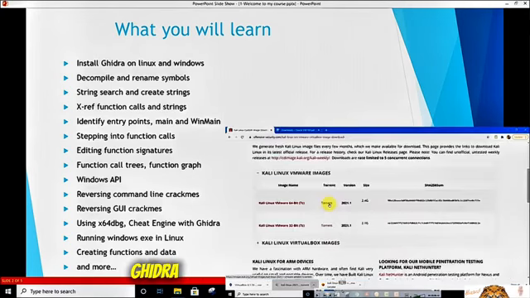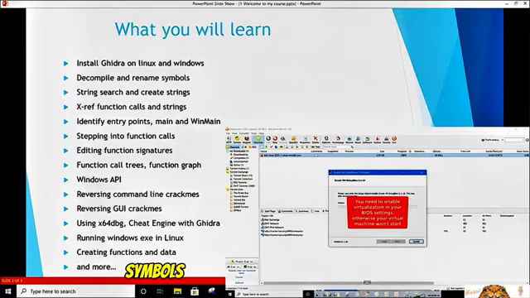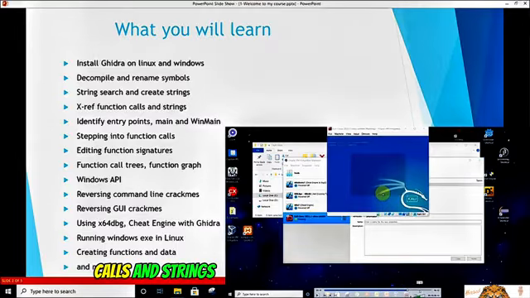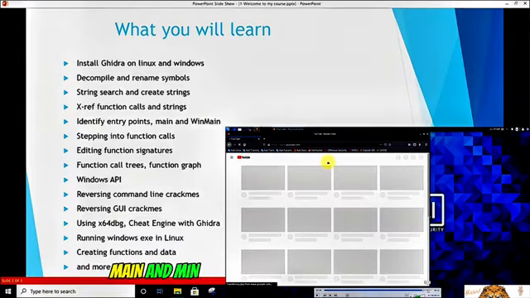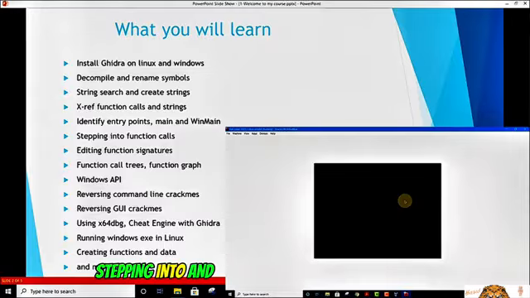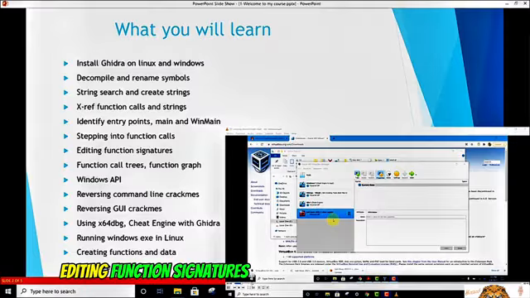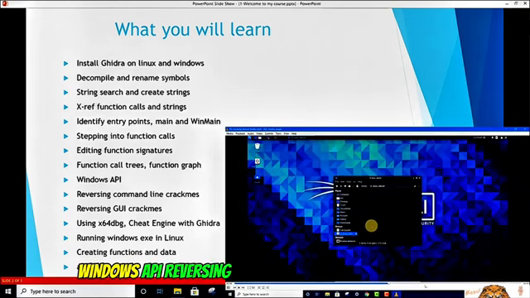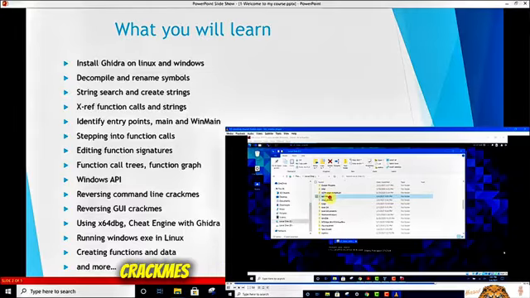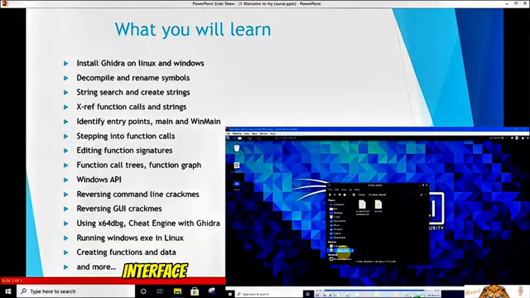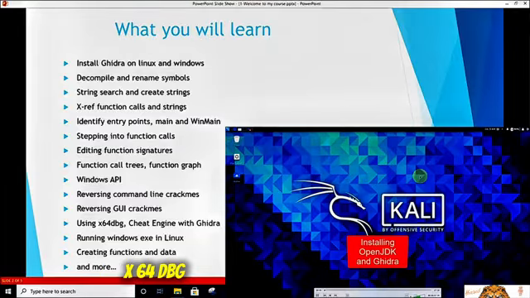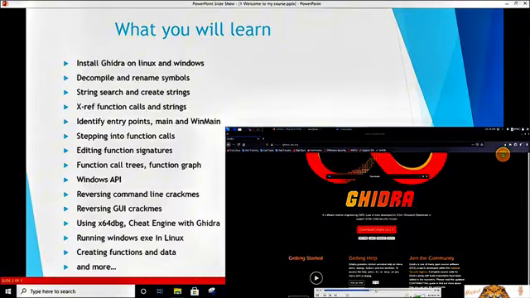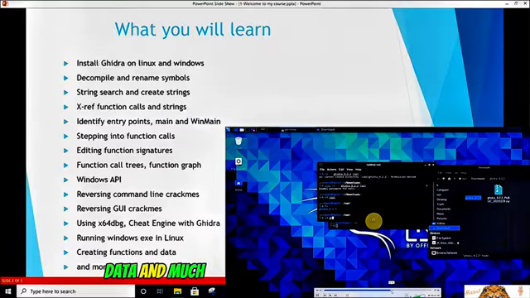What you will learn: install Ghidra on Linux and Windows, decompile and rename symbols, string searches, and also string creations from raw data, cross-referencing function calls and strings, identify entry points, main and min-main functions, stepping into and out of function calls, editing function signatures, function call trees, function graphs, Windows API, reversing command line crackmes, reversing graphical user interface crackmes, using x64dbg and Cheat Engine with Ghidra, running Windows executables in Linux, creating functions and data, and much, much